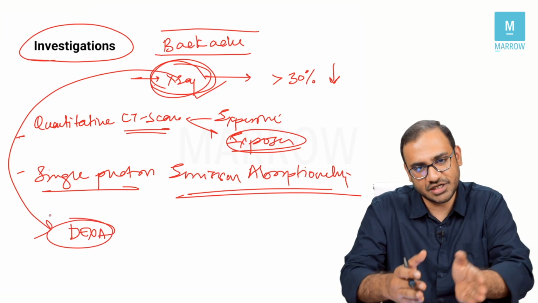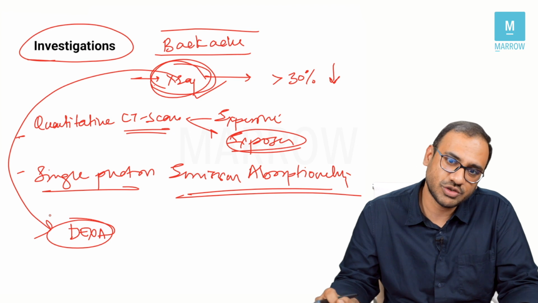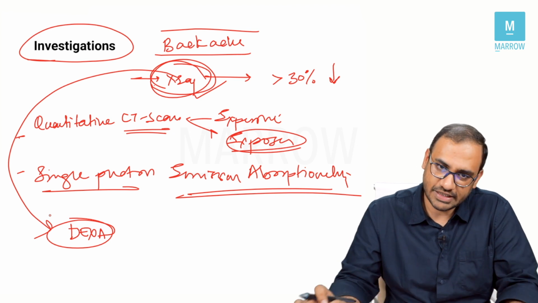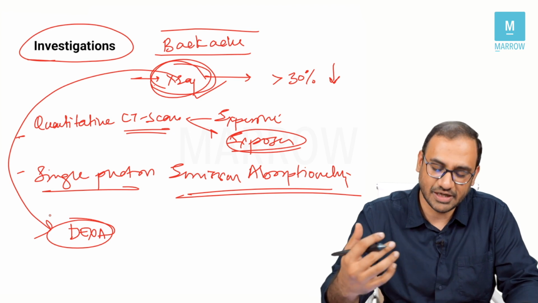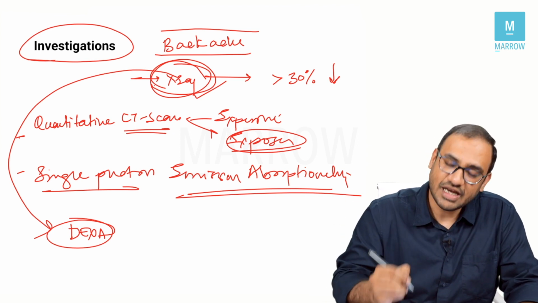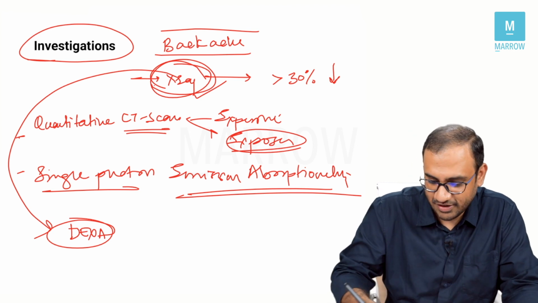It is dual energy X-ray absorptiometry, and that is what is recommended by WHO to assess the bone mineral density. And you know the T scores and the Z scores and whatnot basically. Nevertheless, one very important point I want you to take away from this is the role